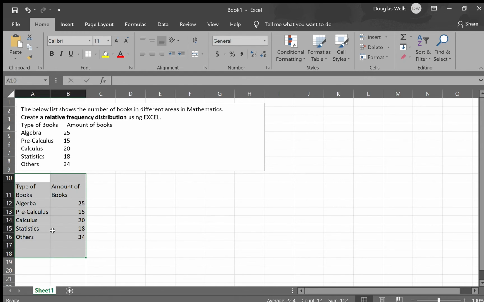And now the only part I don't like is that this is aligned to the left and these values are aligned to the right. So how do I fix that? Again, I highlight both of these columns, then I go to alignment, and in the middle it says align the content in the center. This one aligns the content to the right, this one aligns the content to the left. I'm going to keep it in the middle because it looks nicer.